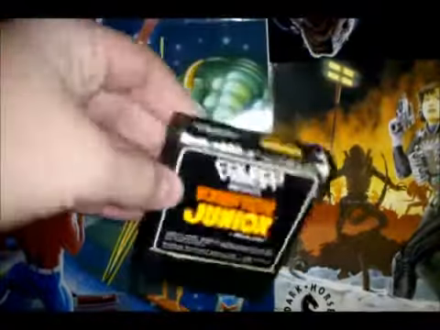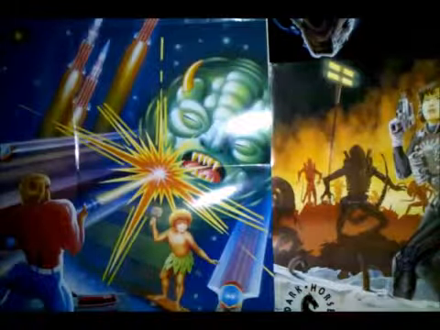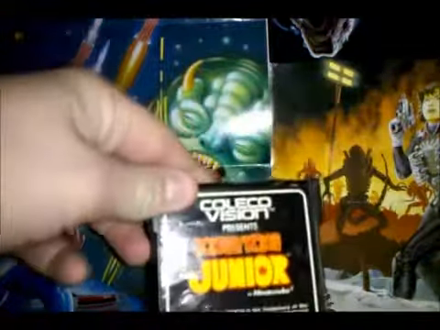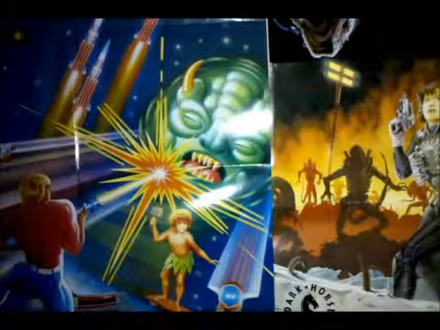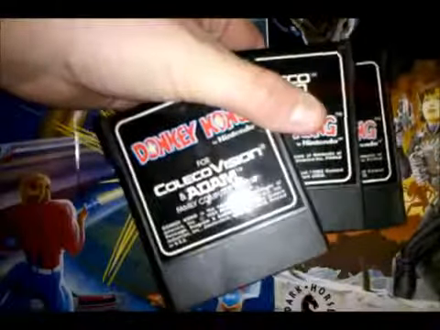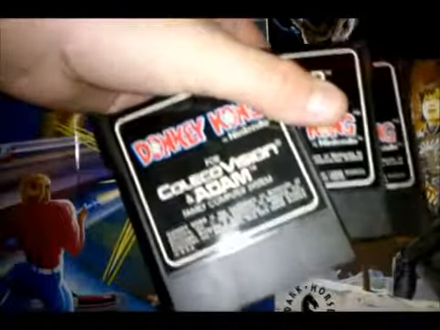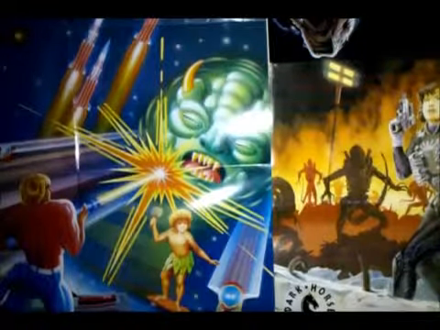The next is a pretty rough version of Donkey Kong Jr. Yeah, the label's peeling up. After that is my other copy of Donkey Kong Jr. in better shape. Still not great, but in better shape. And the next game I have three copies of. It's Donkey Kong. Now, they're basically all identical, except the one on the far left actually says for ColecoVision and Atom Computer. So I guess that'd be a later version of the game. Not really sure, but...